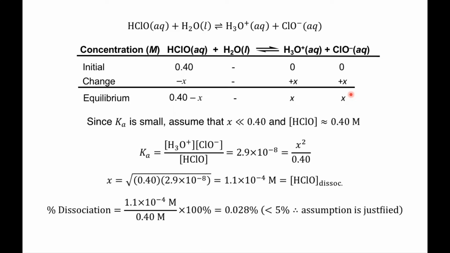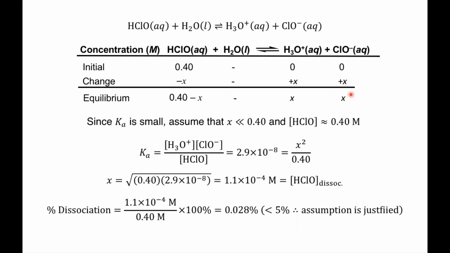So then we find out our percent dissociation, which is going to be 1.1 times 10 to the minus 4 molar divided by 0.40 molar times 100%, which is going to be equal to 0.028%. And so since that is less than 5%, our assumption is going to be justified. So what we're looking at here is in all cases really that the percentage dissociation should be less than 5%